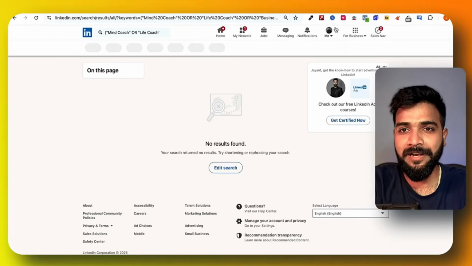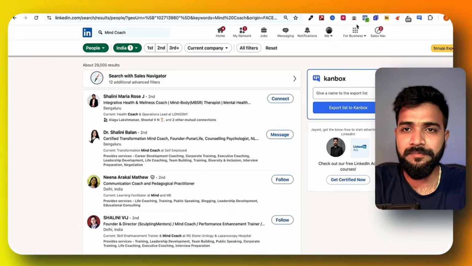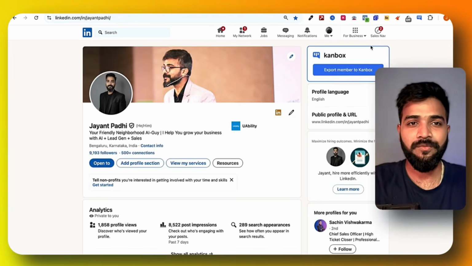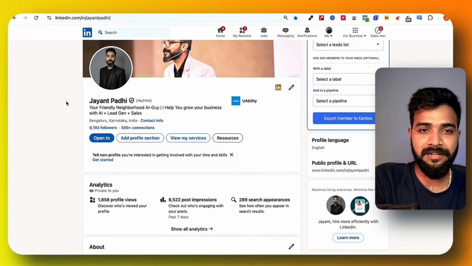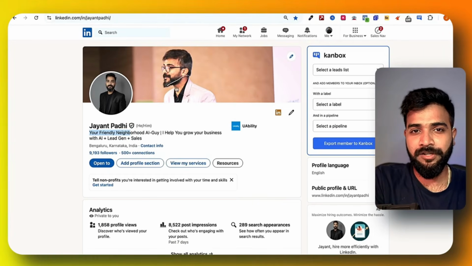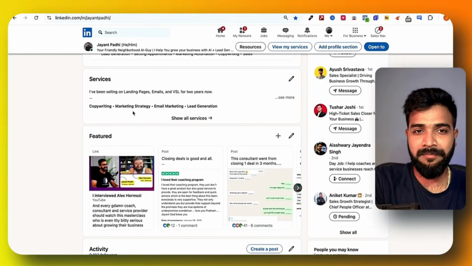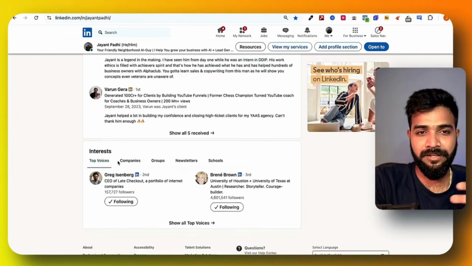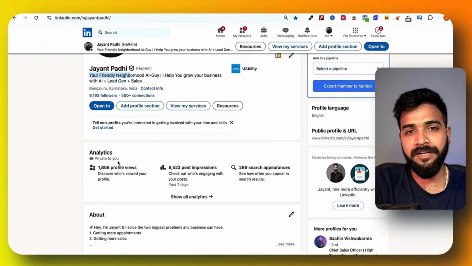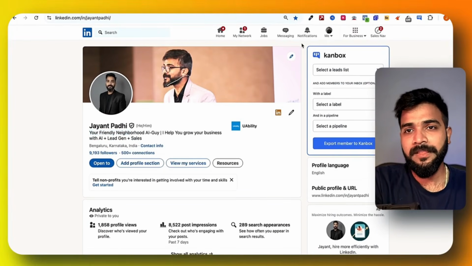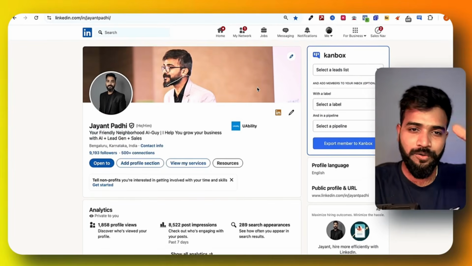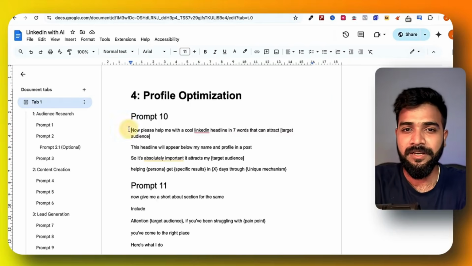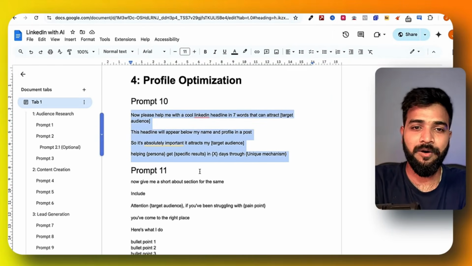So in optimizing profiles, there are a lot of things at play, which I've covered in a separate video that you can watch, which would include the URL, your headline, your profile picture, the banner here, about section, and your posts, your career, your recommendations. These are really important when it comes to optimizing profiles. So I'm not going to go deeper into that. There are two key elements which you need to optimize with ChatGPT, which is first the LinkedIn headline and second the about section, right?